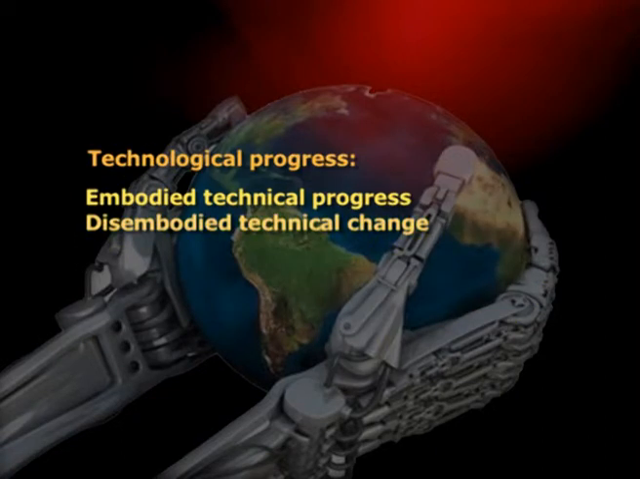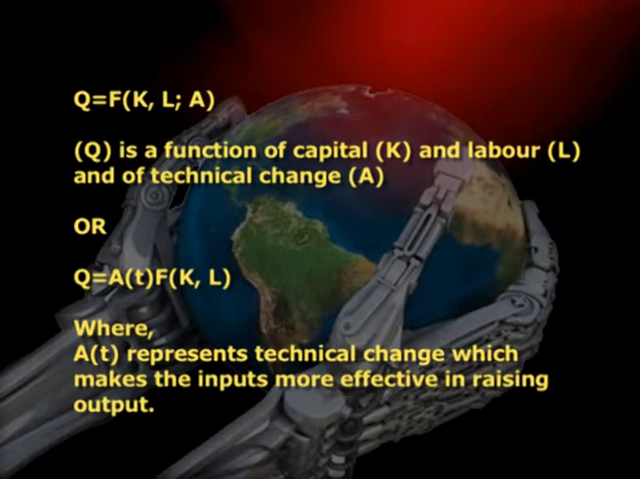Disembodied technical change is purely organizational, which allows more output to be produced from unchanged inputs without any new investment. This refers to any kind of shift in the production function that leaves the balance between labor and capital undisturbed in the long run. The production function for such a technical change is written as Q is a function of